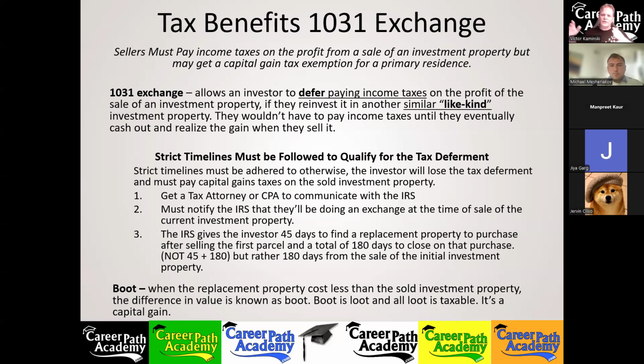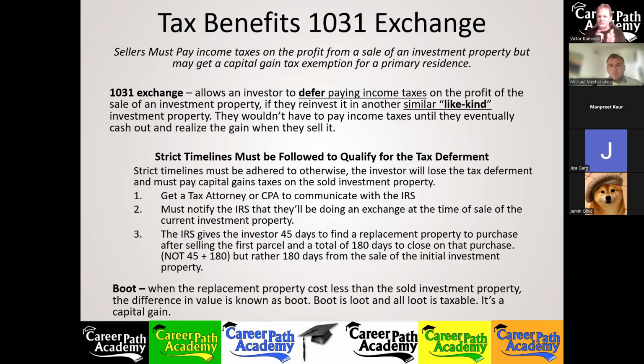A lot of people misunderstand this as you need to find somebody with an investment property that they want to sell, and you get their property and they get yours. No, that's not what it is. That would be next to impossible to find somebody who's willing to take your property here in New Jersey, and you want to buy their investment property down in Florida. It doesn't require that.